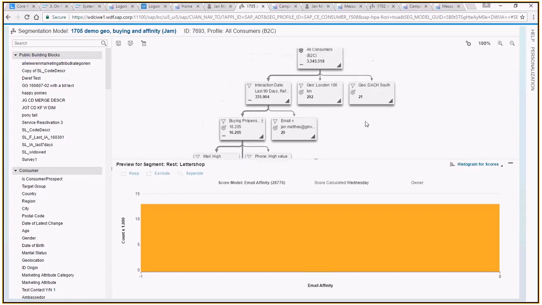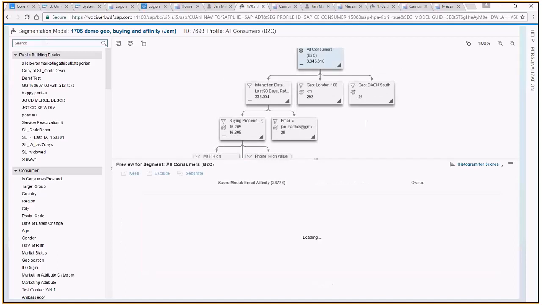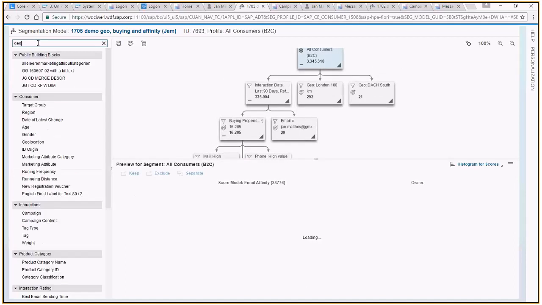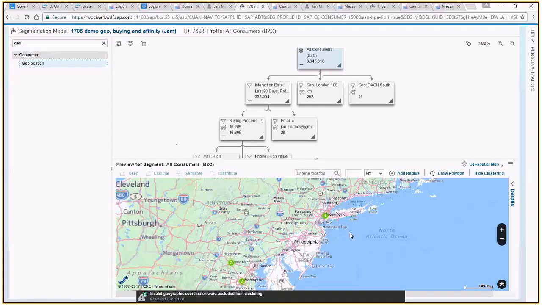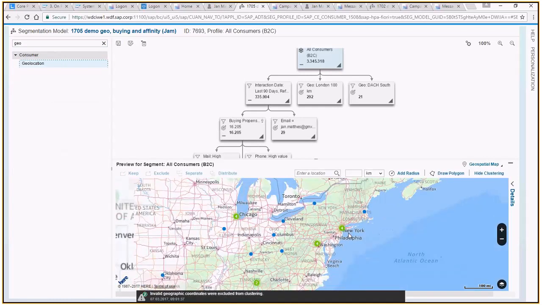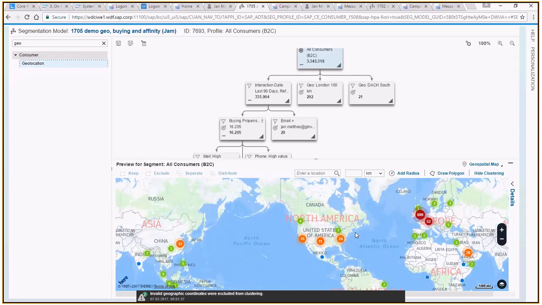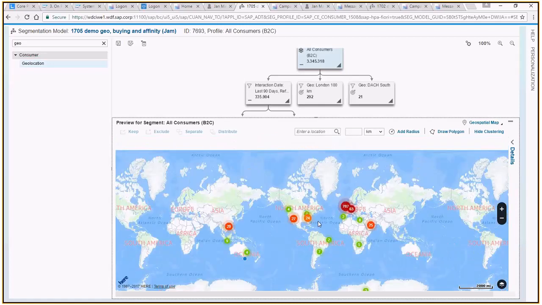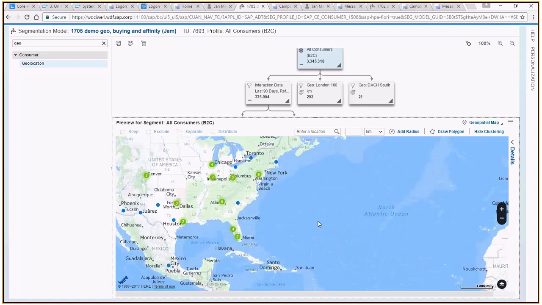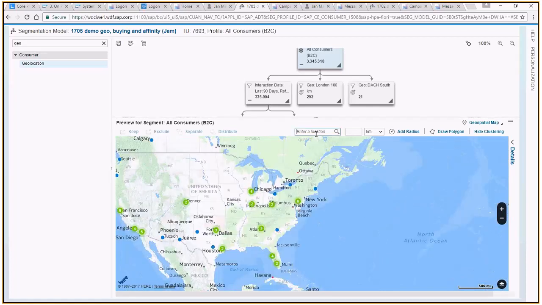Let me maybe show you how simple it is to do a geo-segmentation with Hybris Marketing, just to give you a feeling how that works. You see here, I go into the geo-segmentation, and what you see depicted here is really the map of the whole world, and you see by those clusters how many customers we have in each area and in each region, and I can zoom in. And if I now want to create a target group, let's say for customers 100 kilometers around New York, I